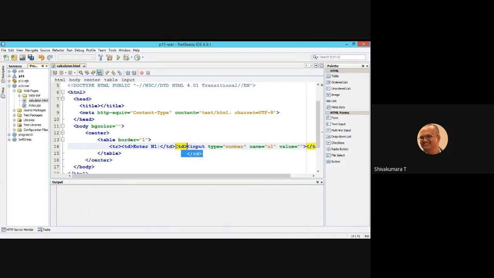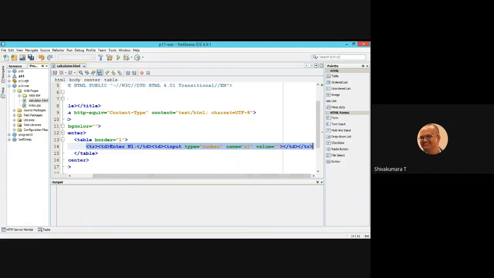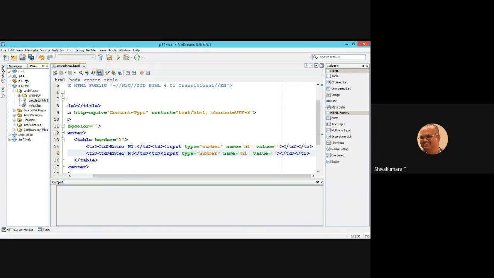Table data begins for number 1. For the second number use the same: enter number 2, n2.